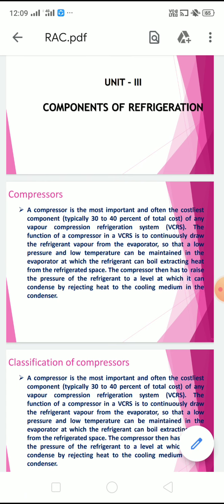Compressor function is to compress the vapor which is coming out from an evaporator, and that compressed vapor is passed to the condenser for heat rejection to the coolant in the condenser. Next, from there it enters into the liquefied refrigerant, or the condenser outlet.